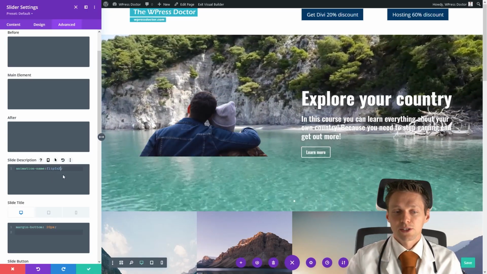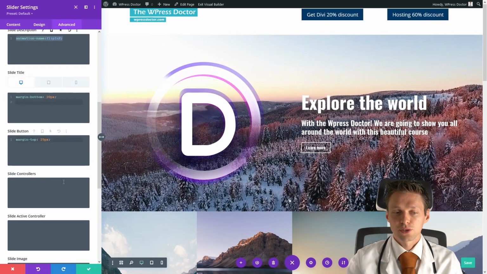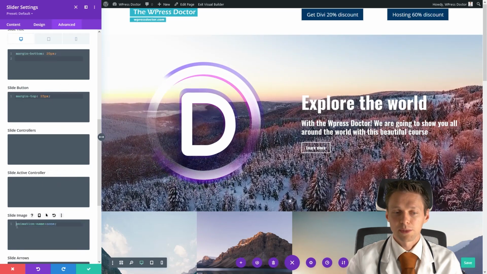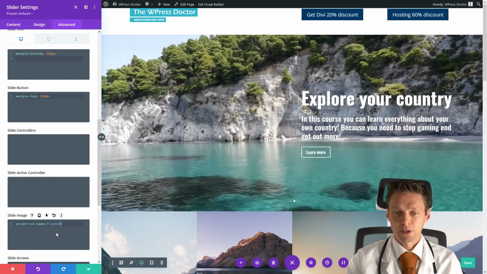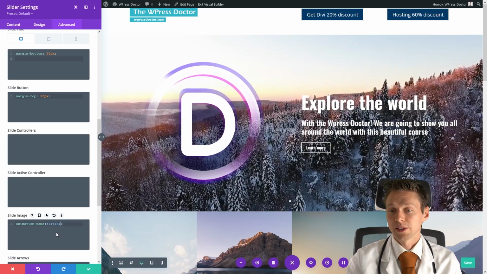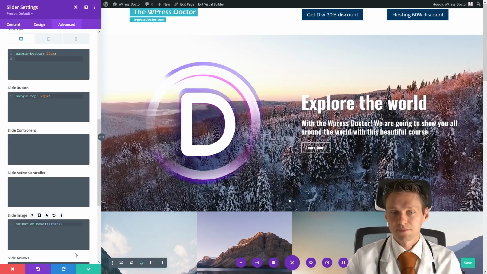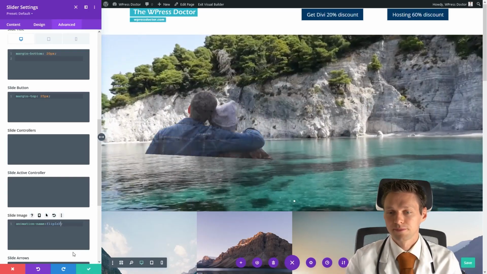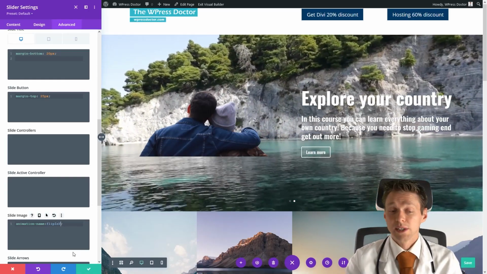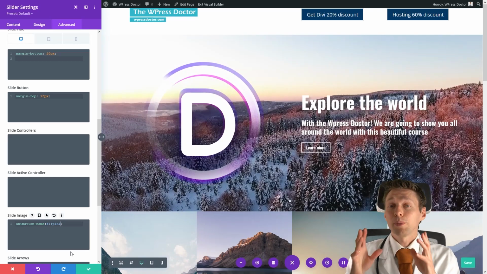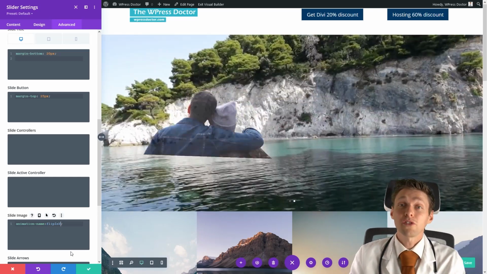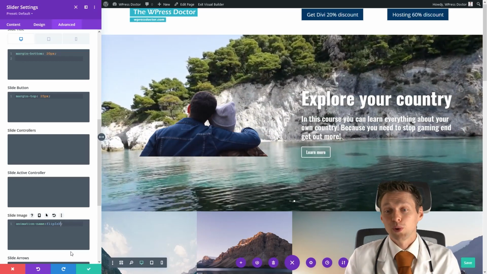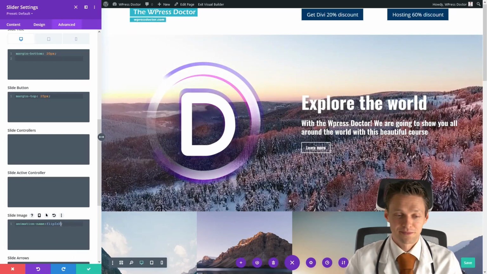Here you go. But you can also add this to, for example, your image. So if you put this on flip in Y and the other one on flip in X, this is what you see. Hold on. That's pretty awesome. So you can change anything. I'll post it in the CSS snippets in the description of this video so you can find all the possibilities you have within a Divi slider.